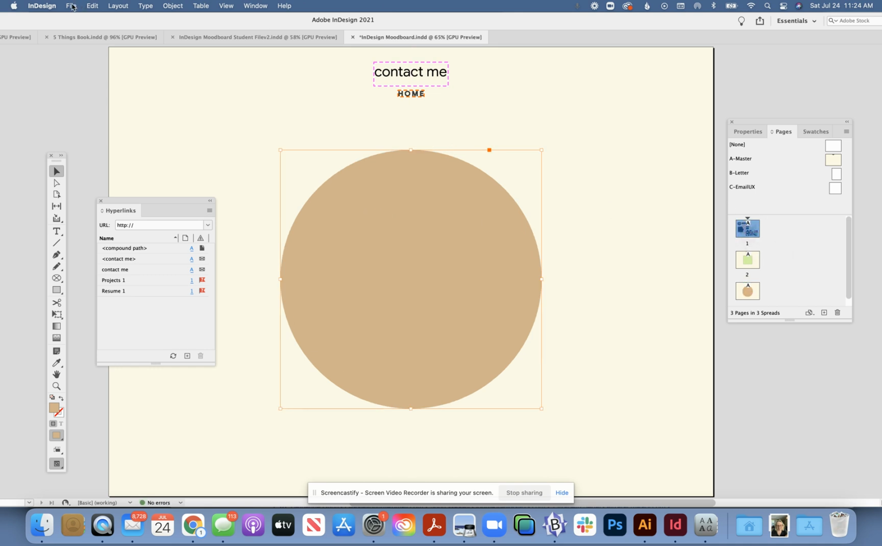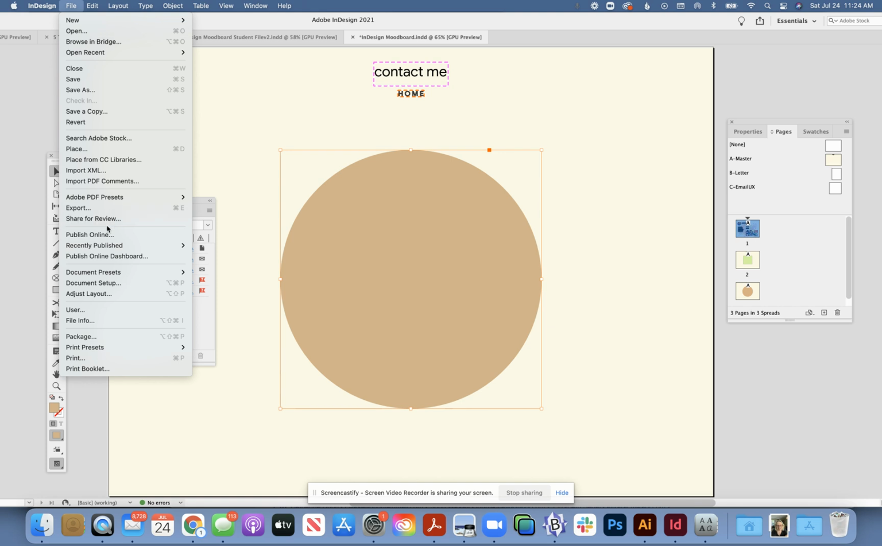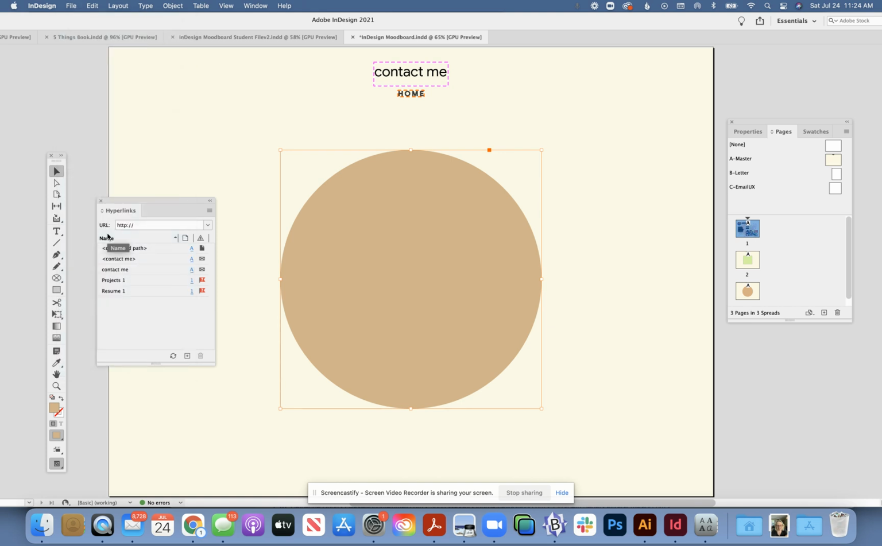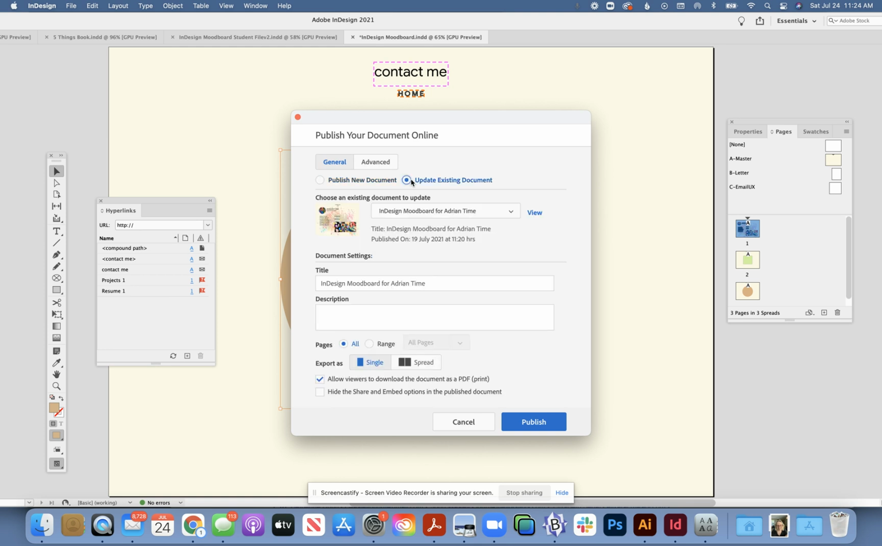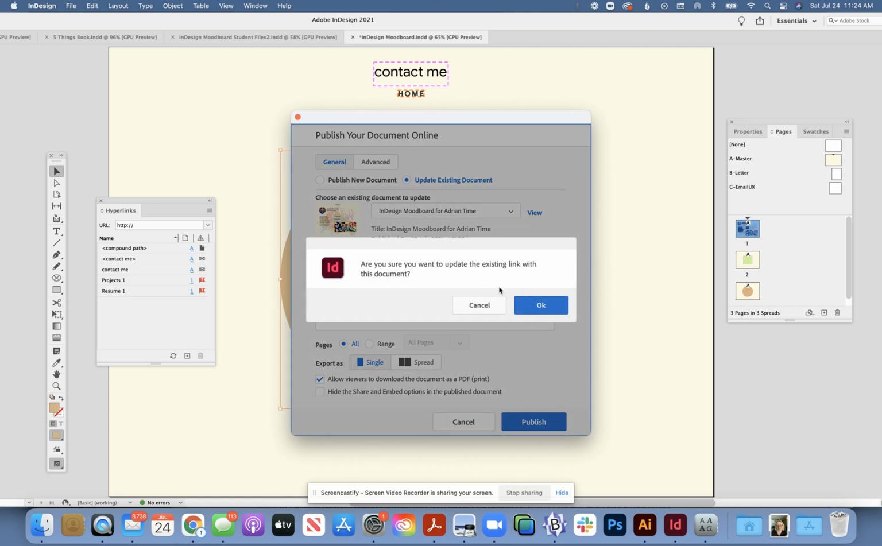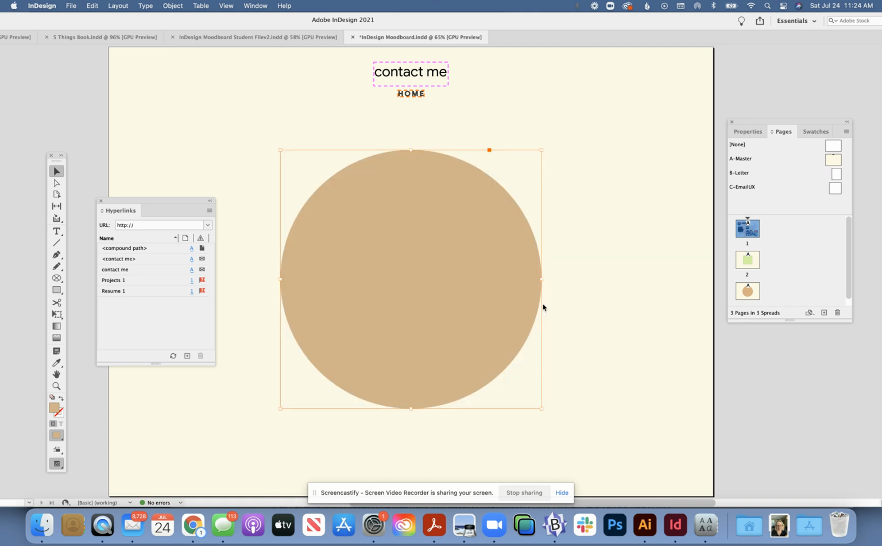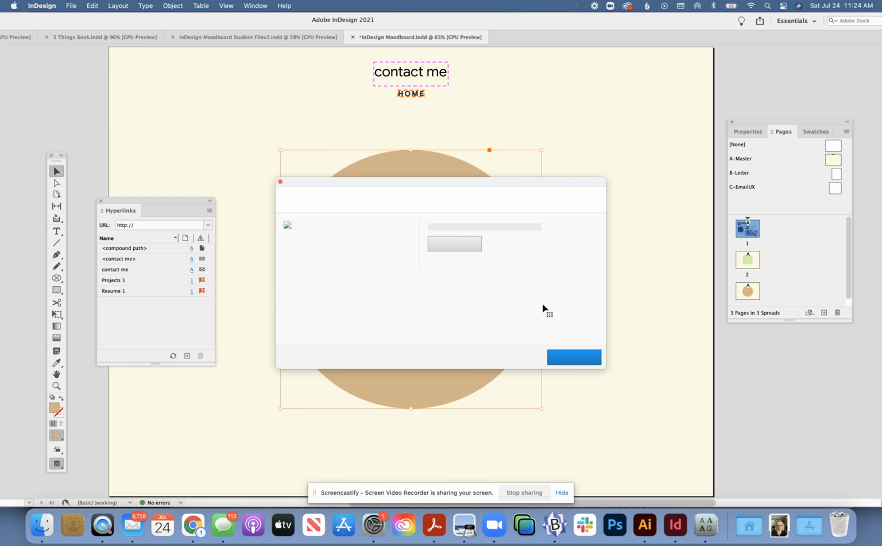So now I'm going to go back up here, and I'm going to go to Publish Online. And it takes a while to wake up. And remember, you want to continue to update your existing document. So that means that the link that you've sent clients or whatever, it doesn't change, but the view changes because you're making edits, right? So then you go to Publish, and it asks you again, are you sure you want to update? And I say yes. So now let's see, once it updates,